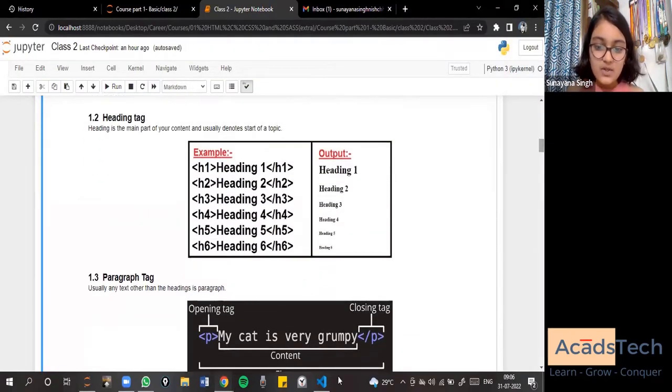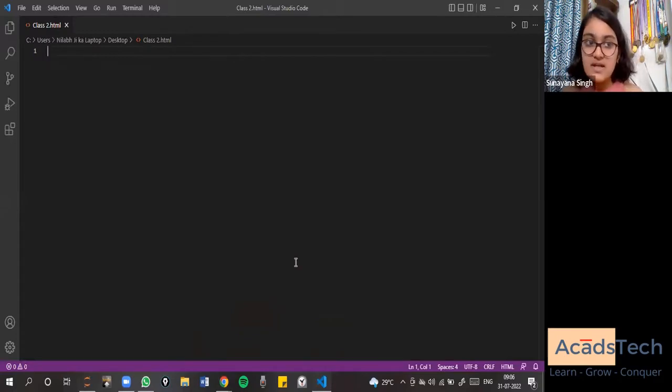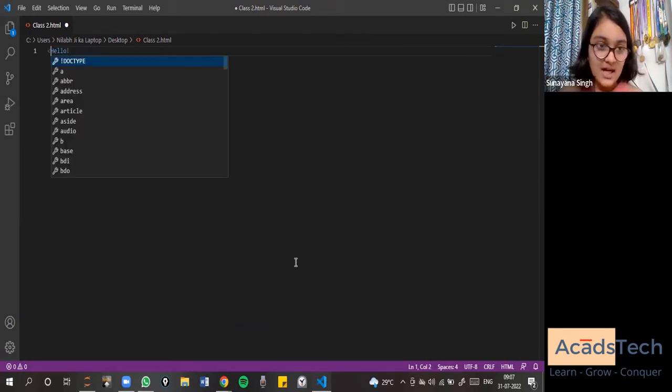Now, if you want to write a heading, what will you do? As I said, you need to give keywords in the tags to tell the computer what to do. So first, let's write hello. Now, how will the computer understand what to do with the hello? So you'll have to write tags. Tags give meaning to the code or text in between them. So let's start with the opening tag, which is